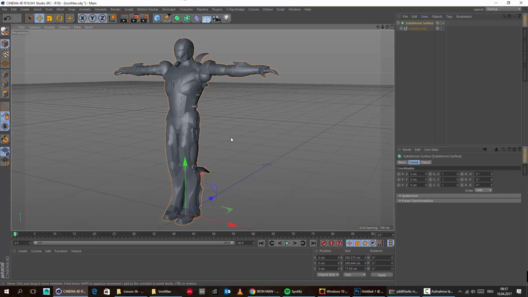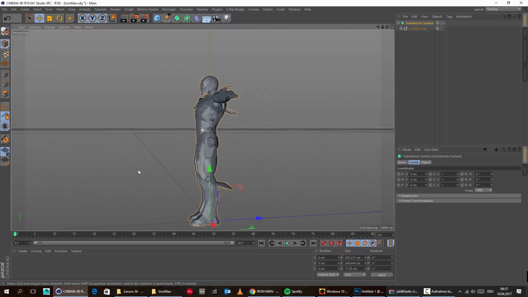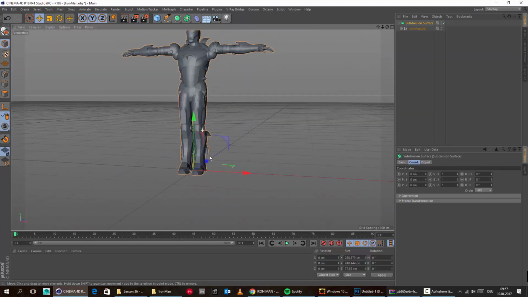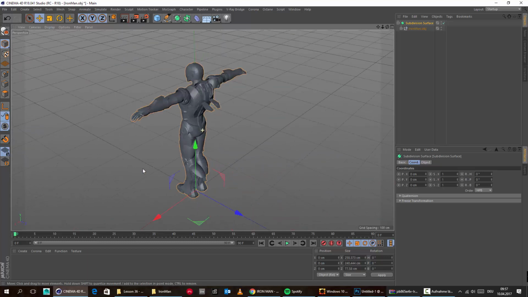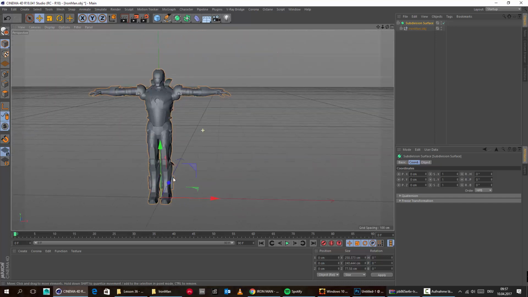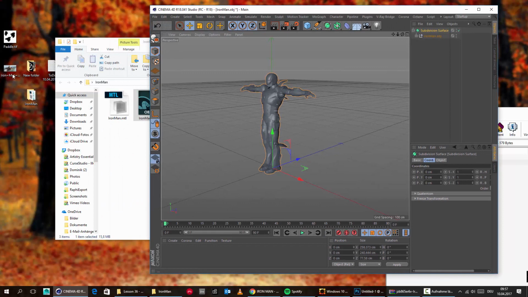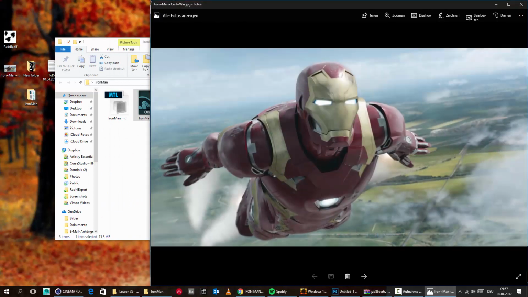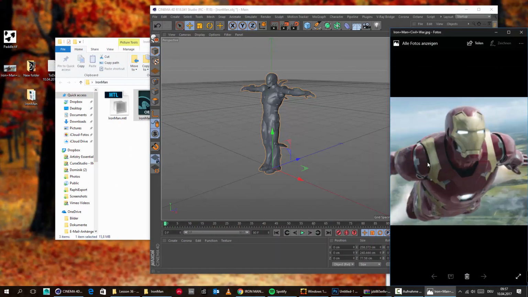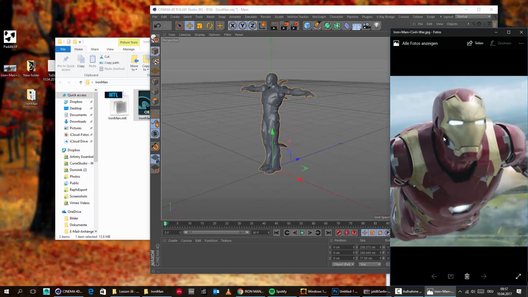Alright, so welcome to this Iron Man tutorial, and I will try to show you a little something about how we can create those shaders inside of Octane. I personally think there is not really much to it. Of course, you have a little bit of dirt going on and some scratches on the suit and so on. But basically, it's Iron Man, so it should be something like iron, the material itself, or something like